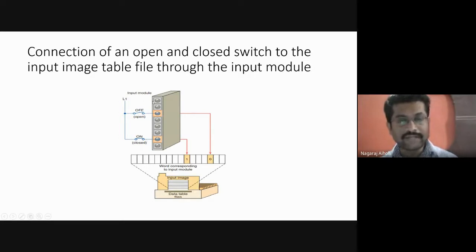For every input device there is a bit meant for storing the status information. For the first input device there is a particular bit, for the second input device a second bit, third bit, like that. For every input terminal device there is a bit in the input image table file which indicates the status of the terminal device.